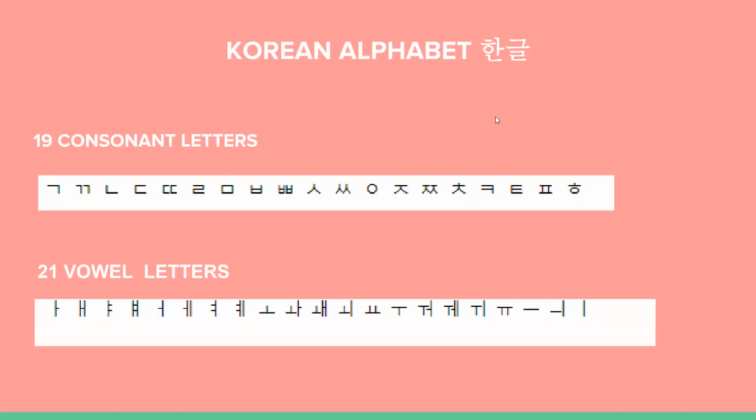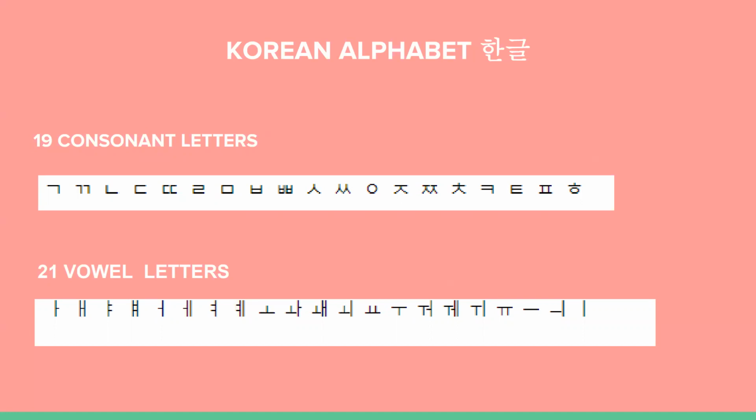Of course, before studying Korean pronunciation rules, you need to know the Korean alphabet, right? Hangul. And we know that there are 40 letters in the Korean alphabet, Hangul, and 19 of them are consonant letters, and 21 are vowel letters. So it is very important to know the Korean alphabet, and also it's very important to be able to distinguish